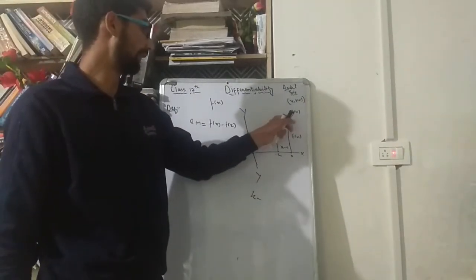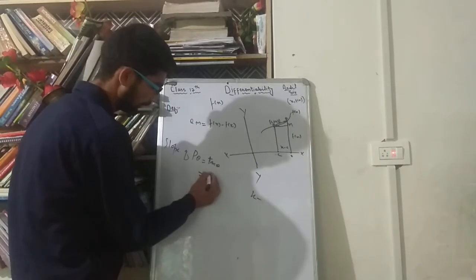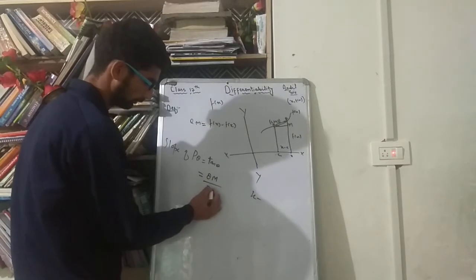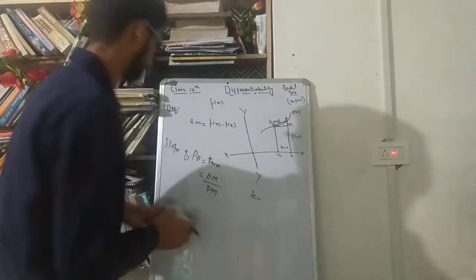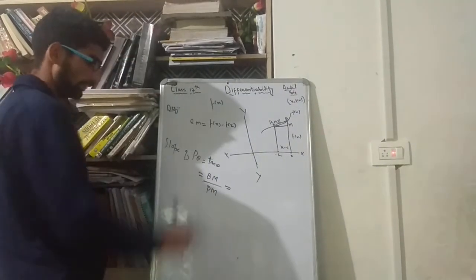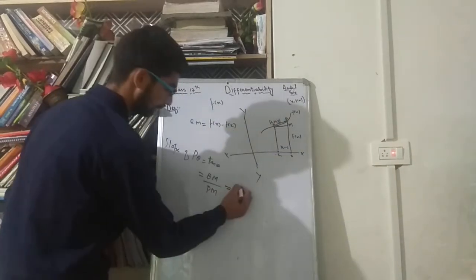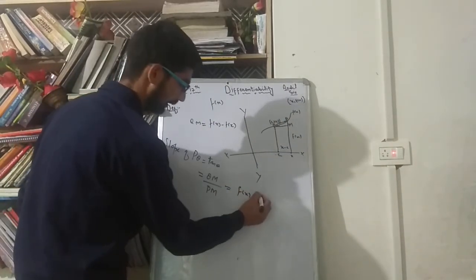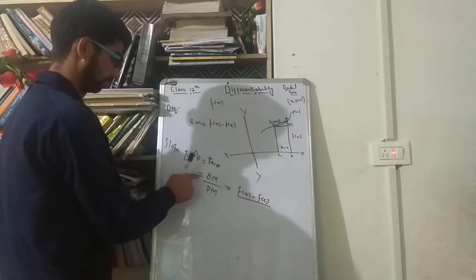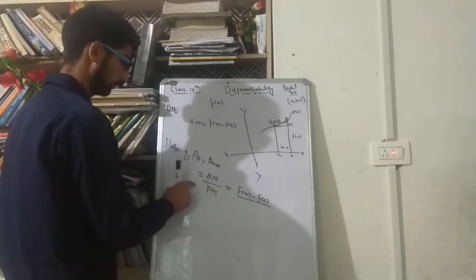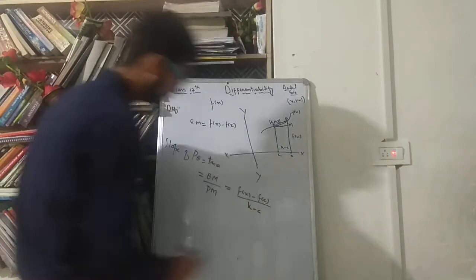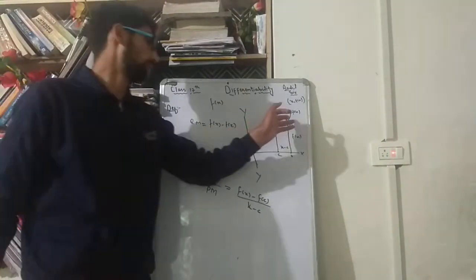Here the perpendicular is QM, so it equals QM divided by PM. QM is f of x minus f of c, and PM is x minus c. So I am getting the slope of this line PQ, this chord,